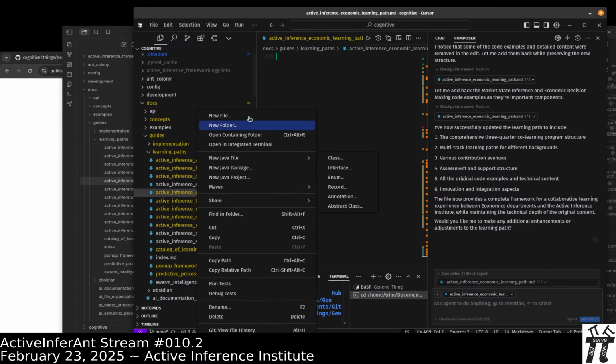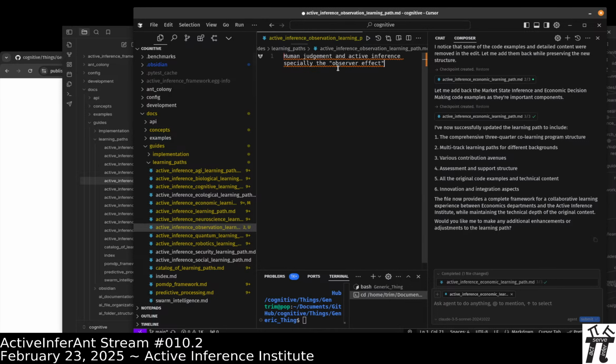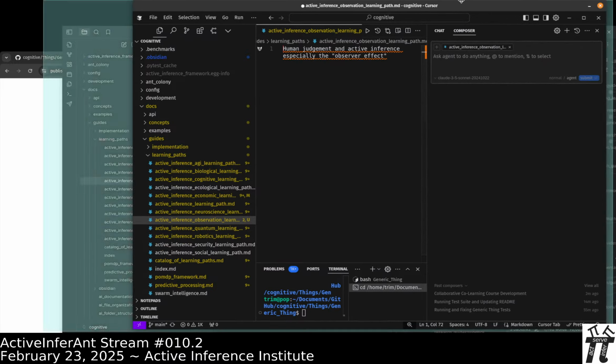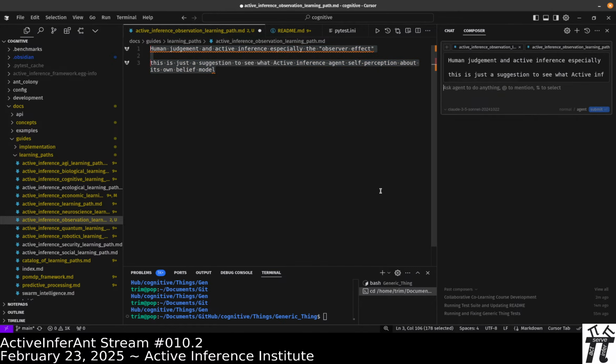Munir has made a suggestion. This is going to be active inference observation learning path.md. So Munir wrote, human judgment and active inference, especially the observer effect. Okay, I'm not sure if you meant this to be a learning path, but I read it. Oh, okay. And then followed up with, this is just a suggestion to see what an active inference agent's self-perception is about its own belief model. Okay, let's turn this into